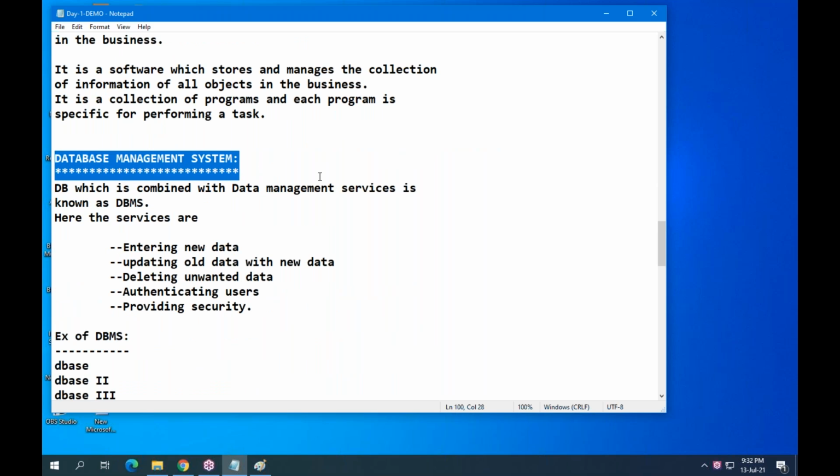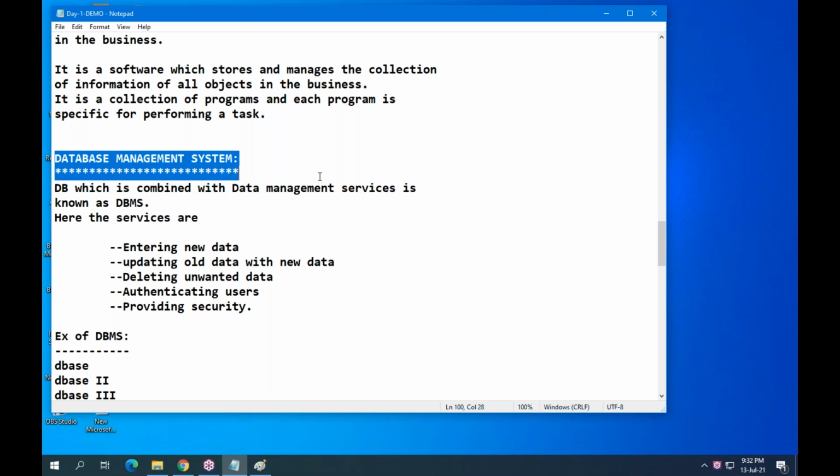Database management system. So a database with data management services. We have to manage the data according to the business. Suppose in my business, presently 100 employees are there. Presently 100 employees means 100 lines of data related to employees. Tomorrow, I am recruiting 10 employees, so 10 lines of data I need to add into my database.